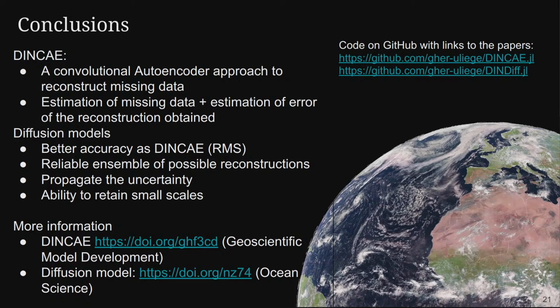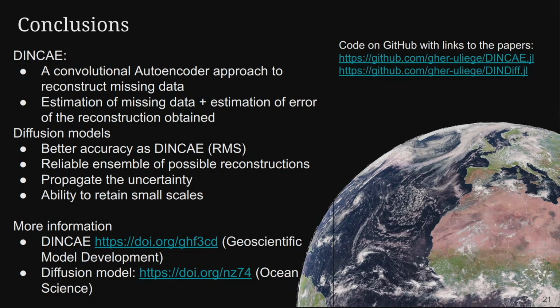Okay, so in conclusion, I showed two methods. So DINCAE with a traditional UNet is trained in a classical supervised way. You have your image with missing data, and then you add even more missing data and then try to recover the data under the clouds. And the diffusion model actually gives a better accuracy than DINCAE,